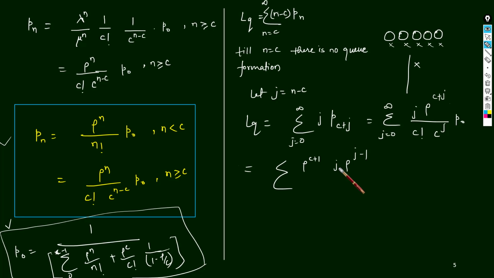Okay, you see, if we add both the things, then it will be c plus j. Okay, it is correct. Then c factorial, c into, we have taken out c and we will write j minus 1. Okay,